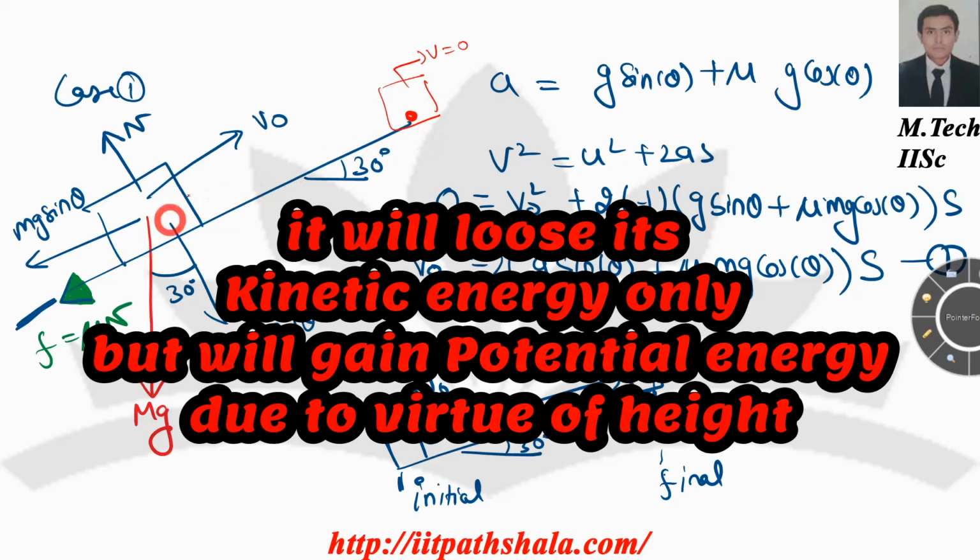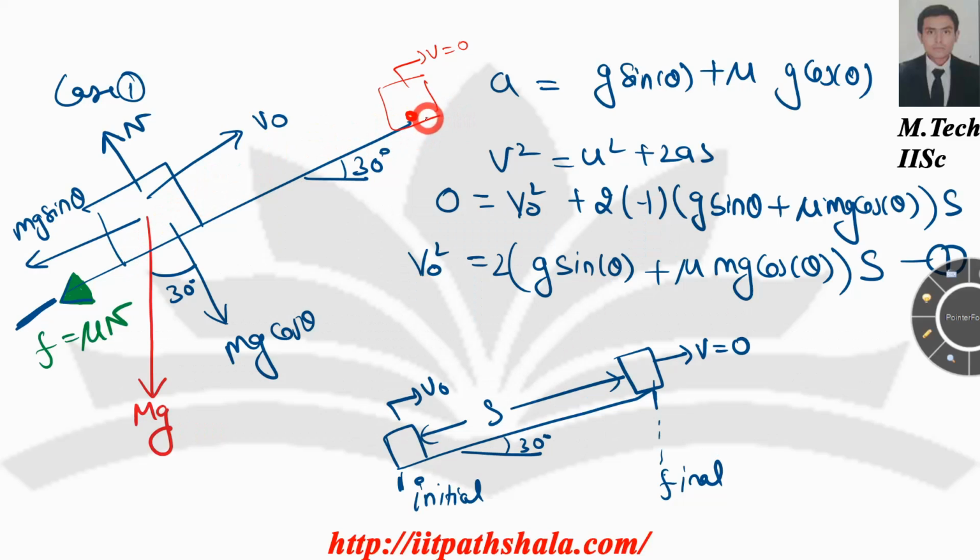Because it will lose all its energy. So now I can use the method which I've studied in kinematics and Newton's laws of motion. First I will figure out the net acceleration. To figure out the net acceleration, I can make the free body diagram as follows. Your block, which is traveling with the velocity v naught, somewhere in the middle of the inclined plane will have the force diagram as follows.